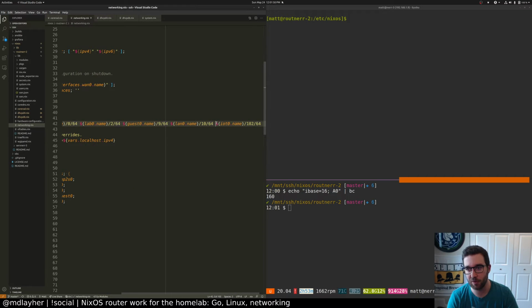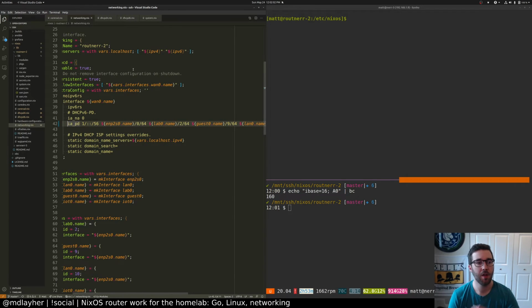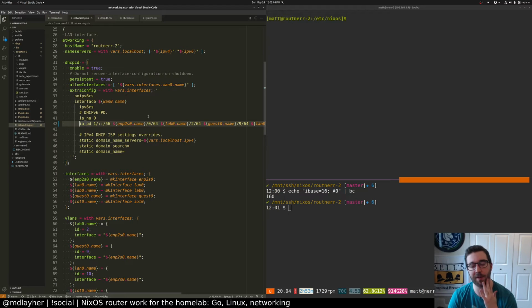And this will give it the address that we are assuming in our configurations. So, 10 GBO, name 160/64. Yep. So for those who aren't as familiar with V6, the way that most ISPs are doing dual stack